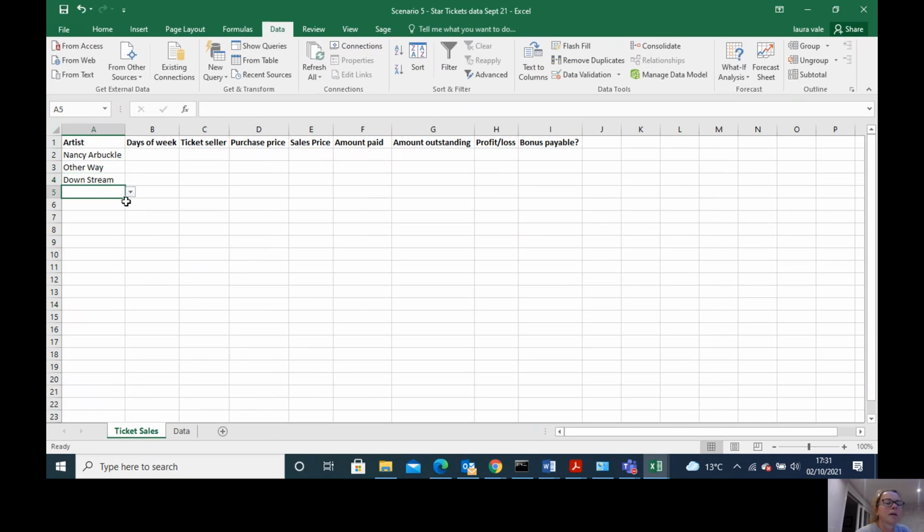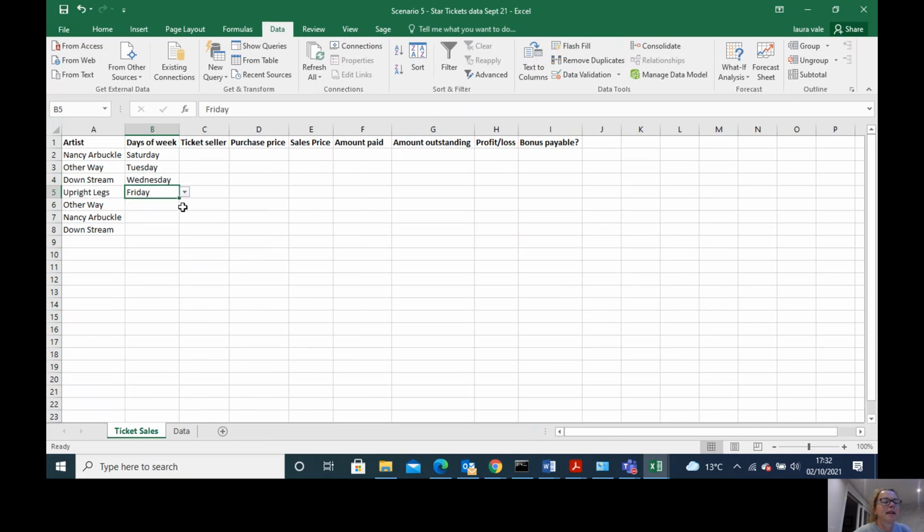Downstream, upright legs. So it's still quite time consuming, but not quite as bad as typing it all. Other way, Nancy. Oh, this is when I can just do the N and it will know because it's guessing from above and downstream. Days of the week. So I've got Saturday, Tuesday. Oh, I keep wanting to do that. Tuesday, Wednesday,